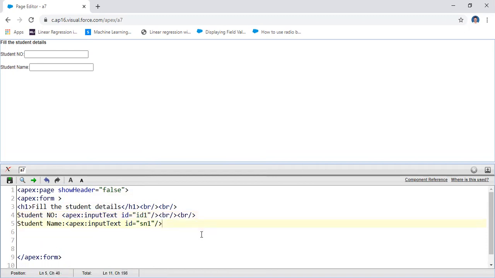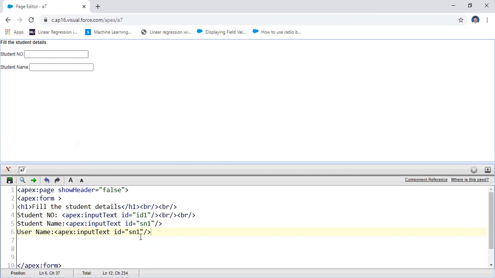After that you require username and password. That means you have to give a username. For example, let us assume username. Username is also the same, an input text.